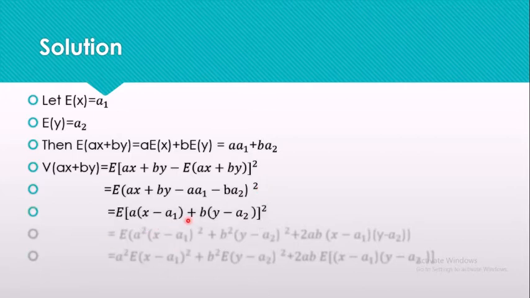Now the next step that I'm going to do is take common the terms which include a. So here aX and minus a1. I'm going to consider these two first, and I'm going to take a outside because it is common in these two terms, the first and third term. So when I take a outside, I get a times (X minus a1) plus, then I'm going to consider the second and the fourth term where b is common.